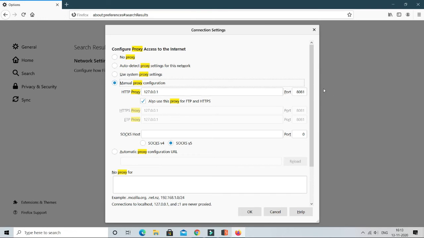For configuration, click on manual proxy connection and enter our localhost IP and the port 8081. Here, as per your system, you can use the port. In my system, the 8080 port is not available, so I have used the 8081 port. Click on OK.